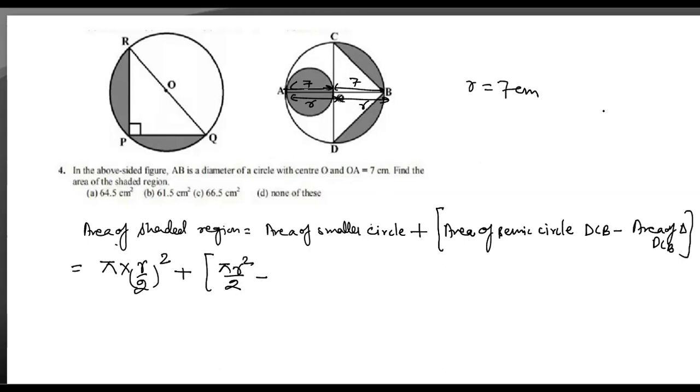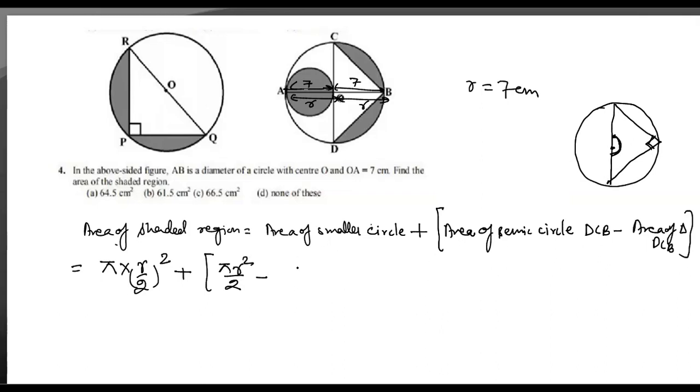I have told you that whenever a chord is having 180 degree at the center, then it will have 90 degree at the circumference. This is the theorem that if a chord is making an angle x at the center, then at the circumference that chord will be making x by 2 angle. So if it is 180 degree, this will be 90 degree, half of this one. So we can say that the area of the triangle would be